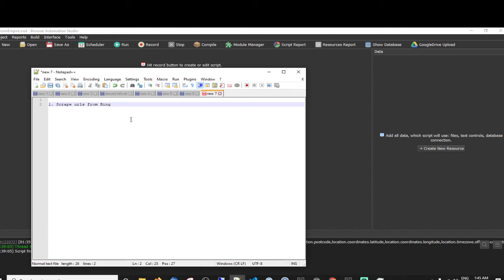With Bing, they're a lot more lenient on how many requests you can make. So I'm going to build the scraper out in Bing. Am I? Yes. But then I probably will extend it onto Google. It just takes a bit more work. Okay, so start off with Bing.